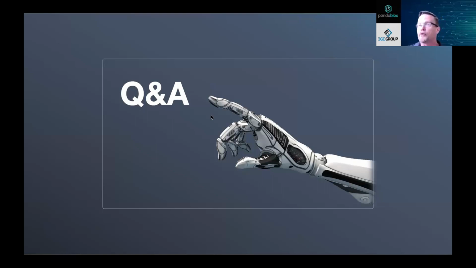Is this program secure for personal data? I think I've already covered that one. What does the discovery encompass? So as Bill went over pricing,